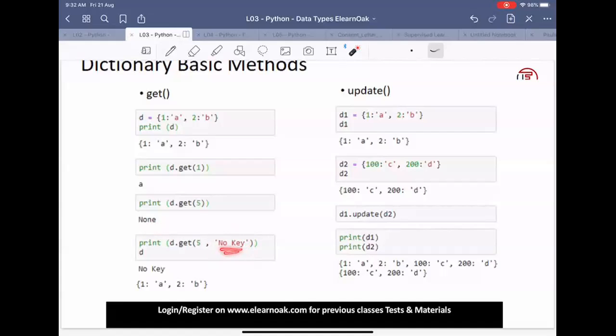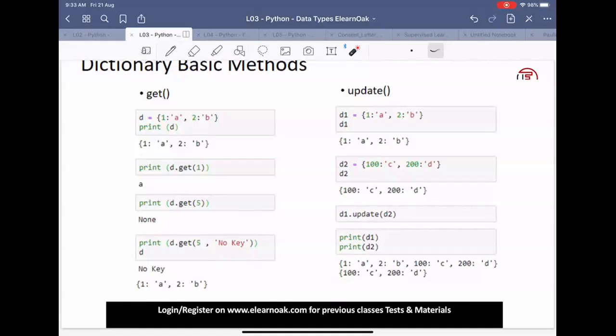Someone is asking the question, keys must be unique, then what about values? There is no condition on values. You can have duplicates of values, and it will not make any difference. The only criterion is that keys should be unique. Even like your contacts, if you want to have two different names with the same number, you can store it.